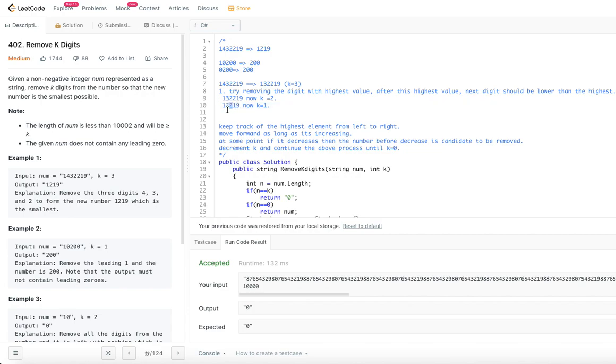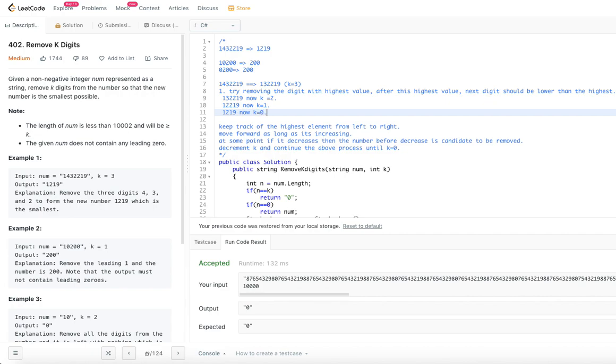As long as it is the same or increasing, we keep on going forward. But once it drops, we remove that. Now it decreased, so we knock off this 2. What will that become? 1219, right? Now k becomes 0.